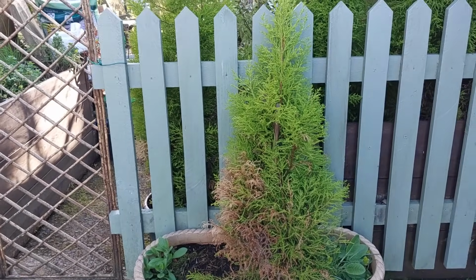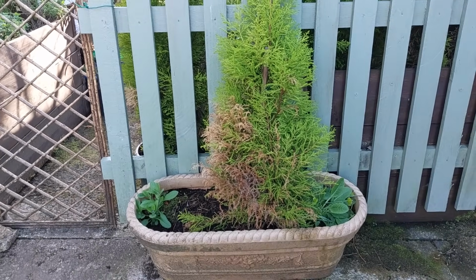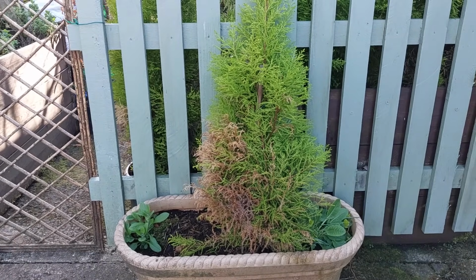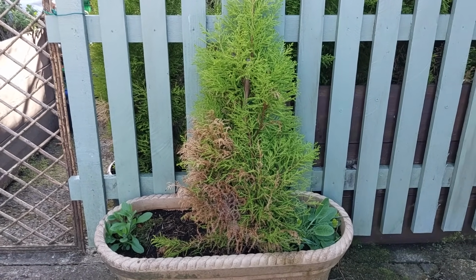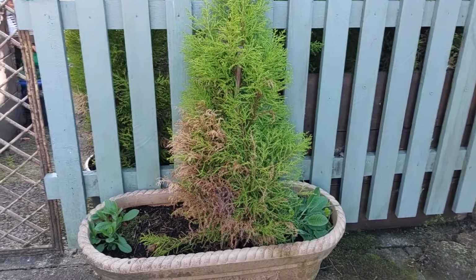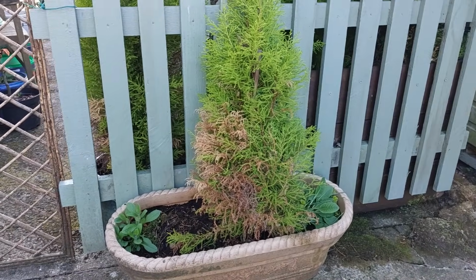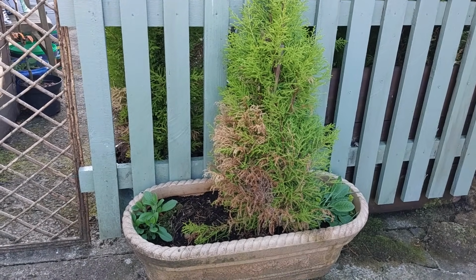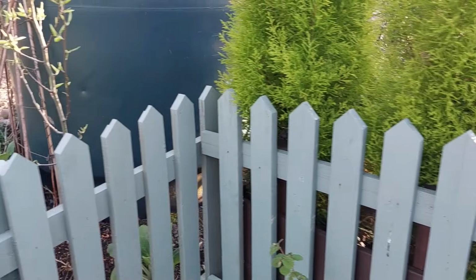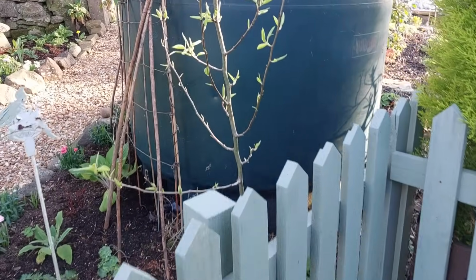Now this conifer's not doing very well, so what I'm going to do is cut off all the lower branches and I'll make it into a standard lollipop ball. And in here we have some beautiful unusual bulbs that come up in summer. I think they're a type of orchid actually. So anyway, maybe when they are in bloom I'll show you and somebody can tell me exactly